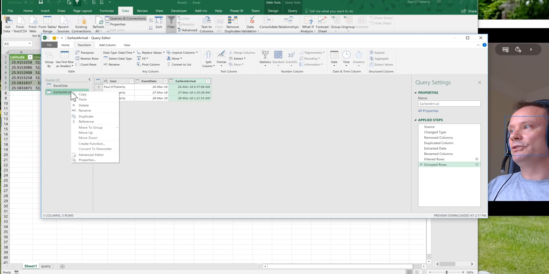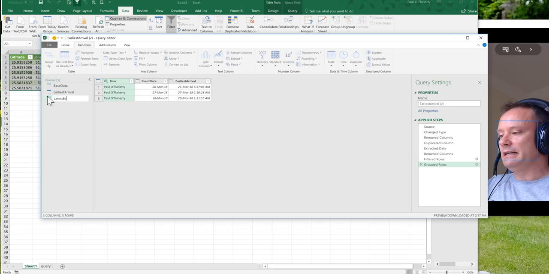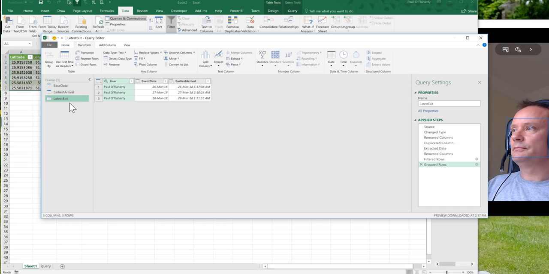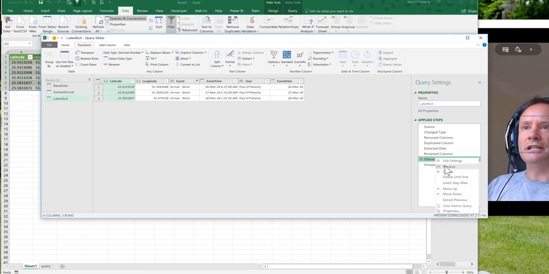And a little trick we can do here is I can actually duplicate that query, and I'm going to rename it and call it latest exit. And I'm just going to change the step where we did the filtering and the grouping. So this is quite neat. What you can do is you can see all of the steps that we went through in order. So if we go back to the filtering step and we edit the filtering step,